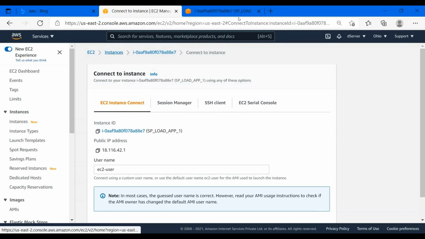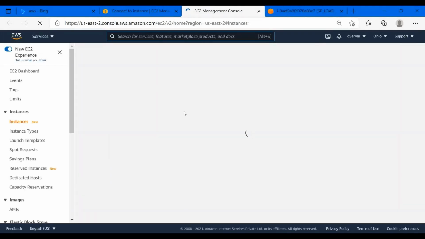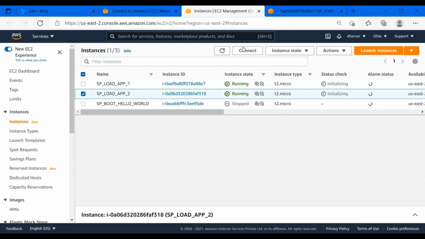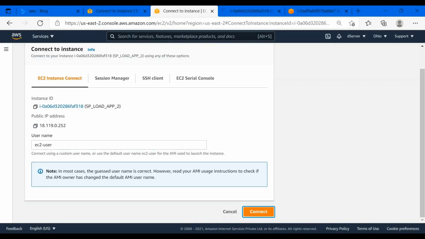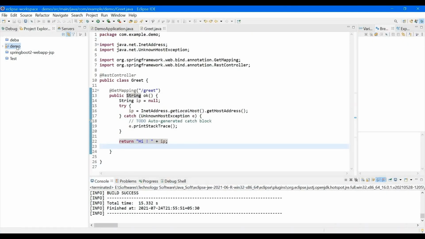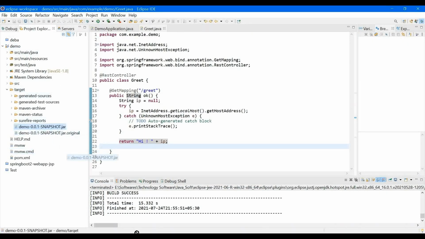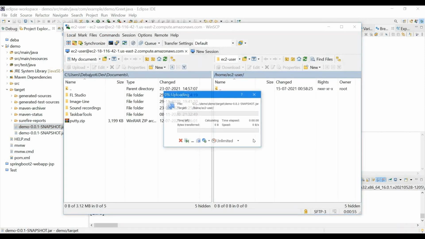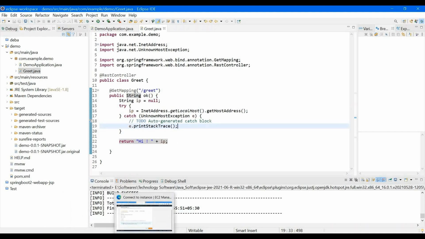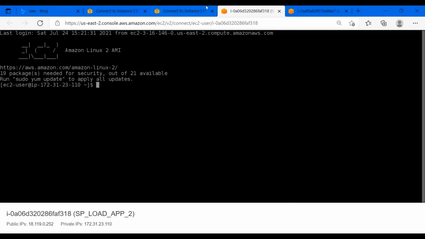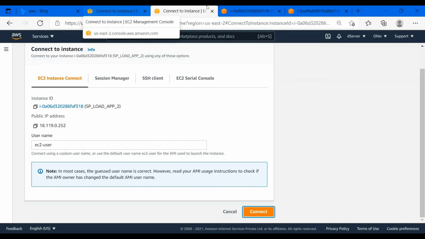So let's deploy. I just want to repeat once again, if you have any kind of problem with the Linux instance creation, or what security groups I have opened, this is the same service I created in an earlier uploaded video.